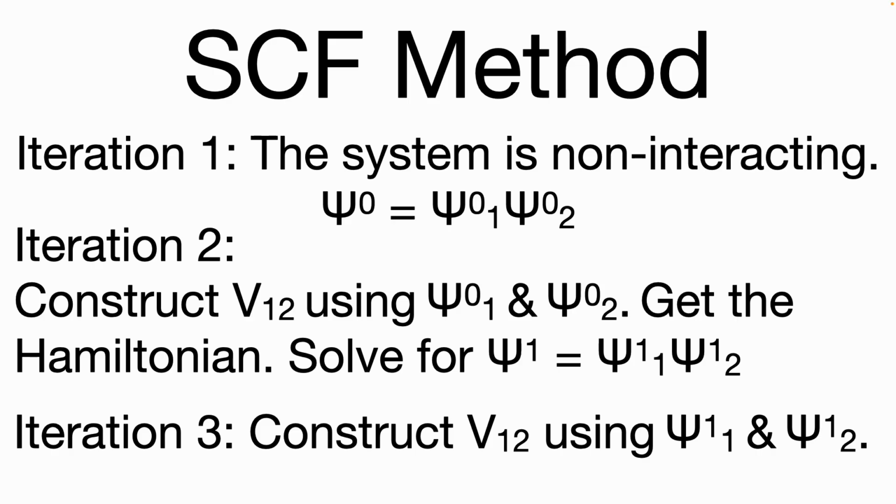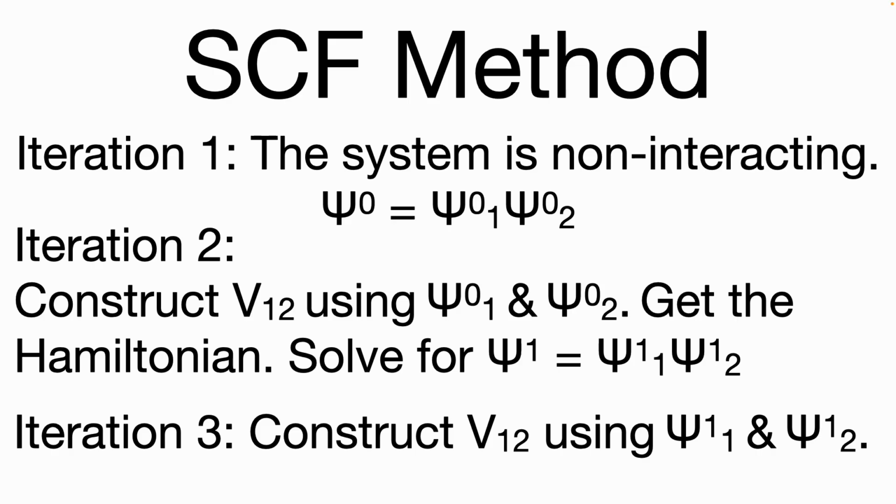Now, in the second iteration, what we do is we construct V12, that is the interaction part of the Hamiltonian, using the wave functions we obtained in the previous step, and we add that term to our Hamiltonian and we solve the Hamiltonian to get a new wave function for the system,